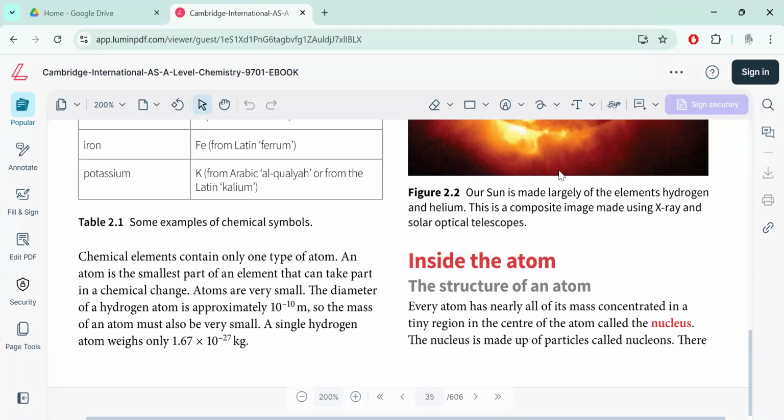So I think atom weights actually pretty much range. So for example, right here, a single hydrogen atom weighs only 1.67 times 10 to the power of negative 27 kilograms. I think it actually differs from each atom. If I recall, each atom weighs differently. Okay, so let me check, for example, what is the weight of a single atom of